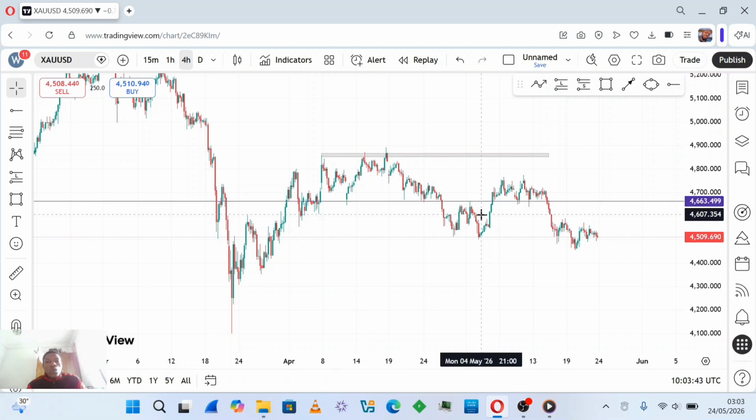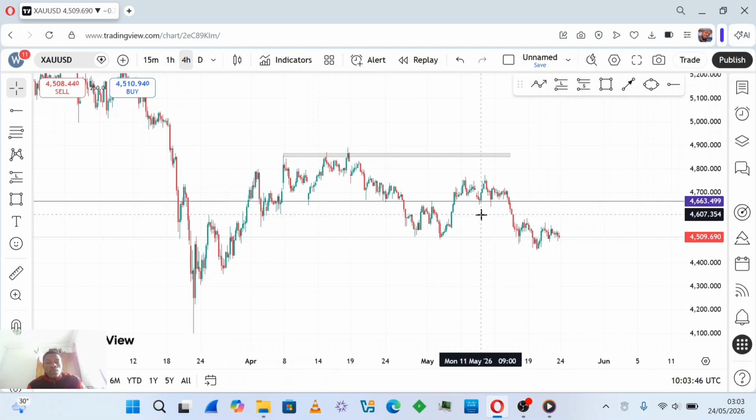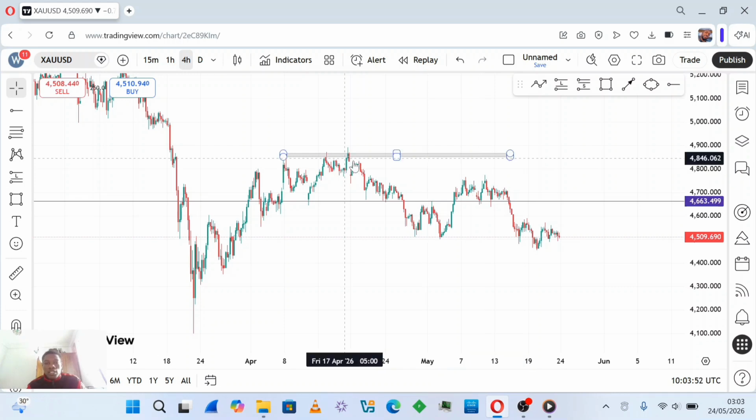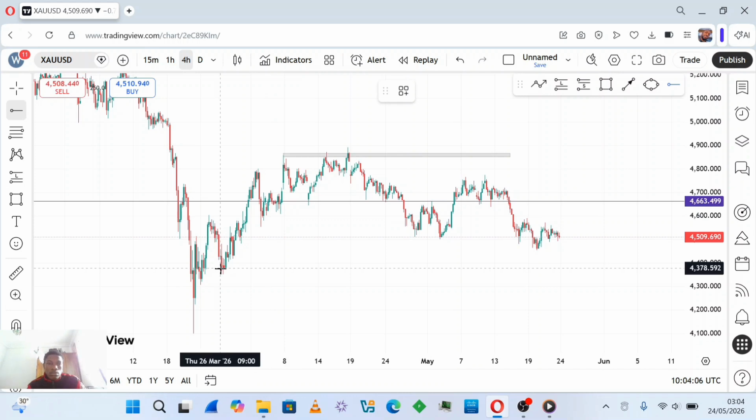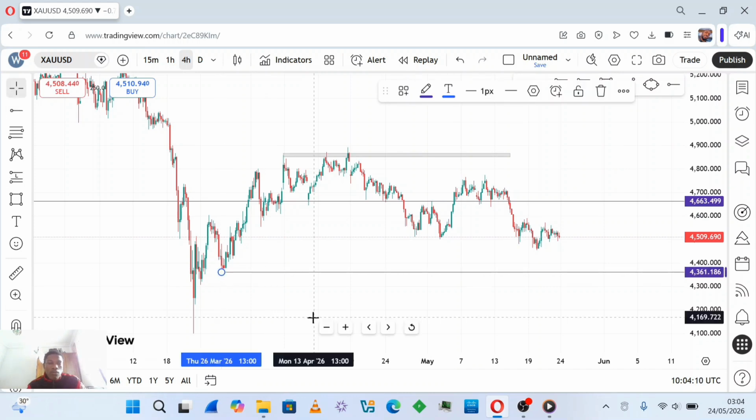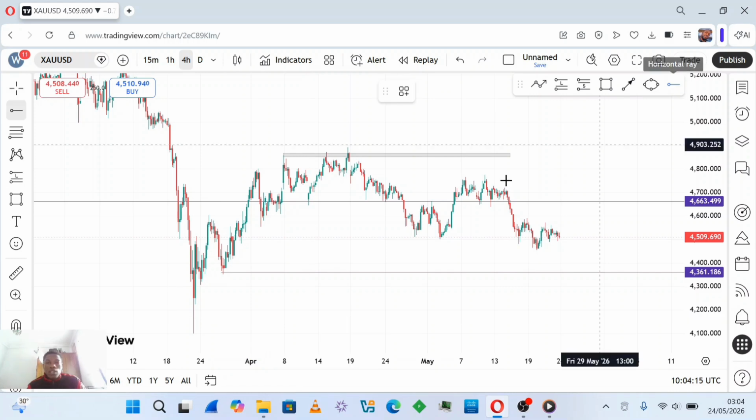So what exactly am I expecting next now? Looking at this formation, this is a high, this is a low, this is a lower high, and I'm expecting a lower low for price to come back to this level, because this is another level of buyers. This is also another level of buyers,